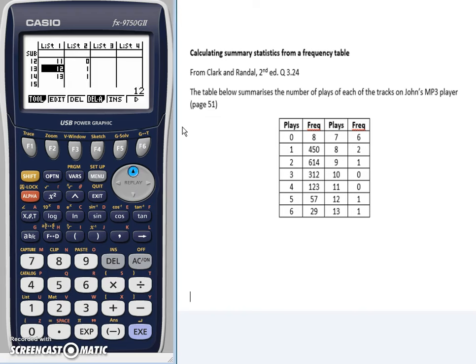Okay, so once you're happy that this is all entered correctly, we'll just arrow over and get the calc option, and you go into this. Now, previously, when we were calculating summary statistics, we could just calculate using one variable, but we now need to check that it's actually reading the information that we've got in both those lists. So we go into F6, set,